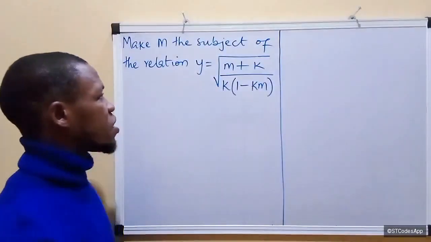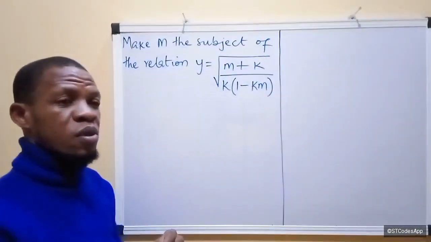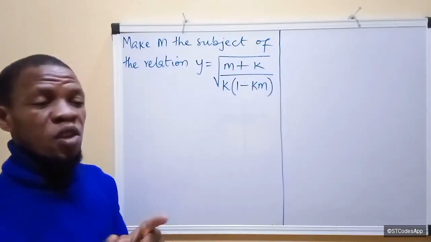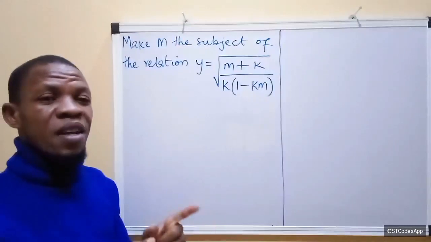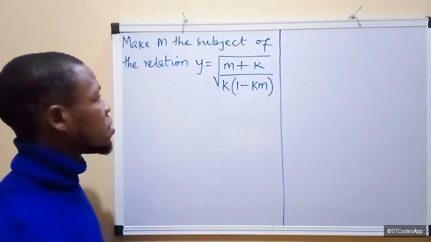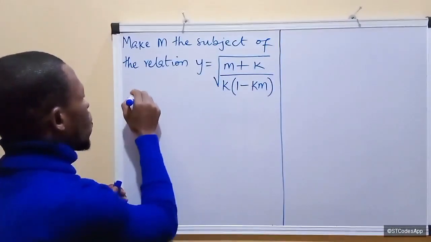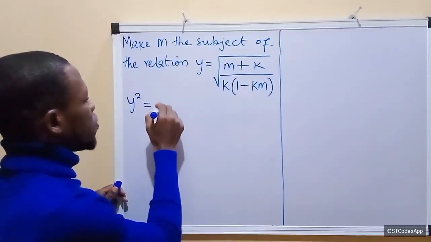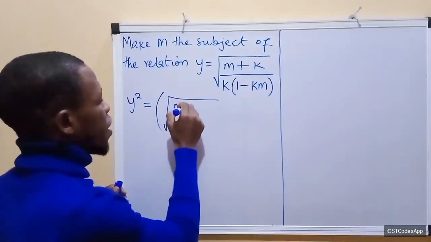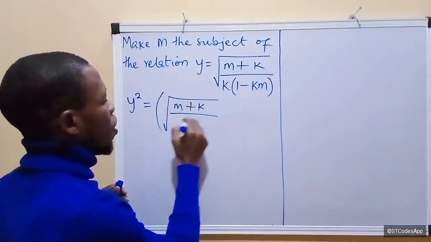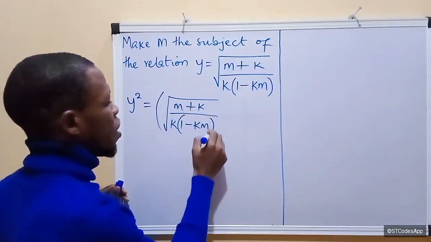Okay, let's resolve that. Now since we are having a square root here, for you to remove a square root in any mathematical equation or formula, all you need to do is to square both sides. So squaring both sides, I'm going to have y squared is equal to the square of m plus k all over k into 1 minus km